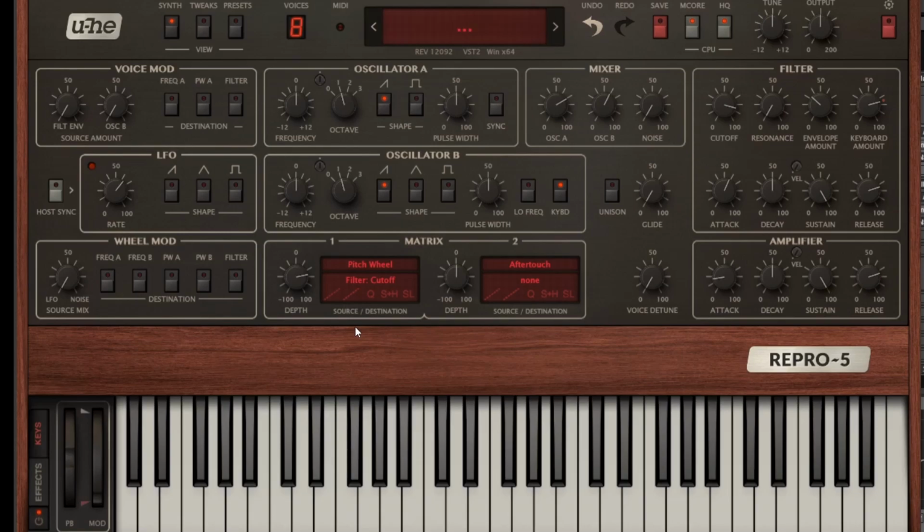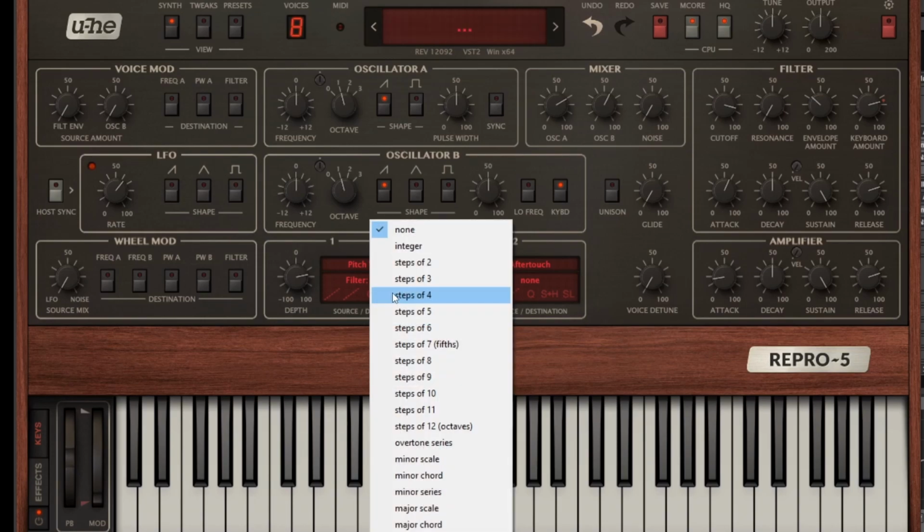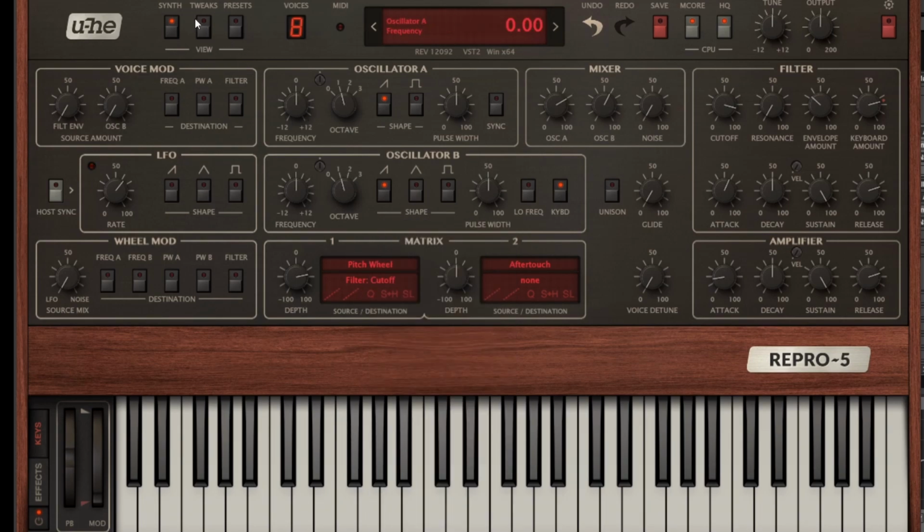You know, if you want to use it for something, you can. But let's just go into this Q real quick. This is Quantize. The way that this works is it doesn't change your signal in any way. It only lets it be audible at certain intervals. Okay. So, for example, let's go back and take off